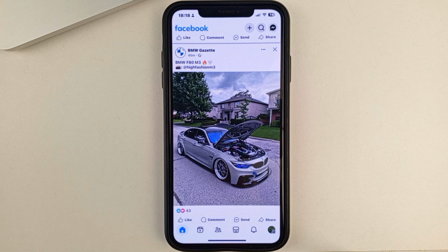In this video, I will tell you and also show you how you can quickly and easily save Facebook images